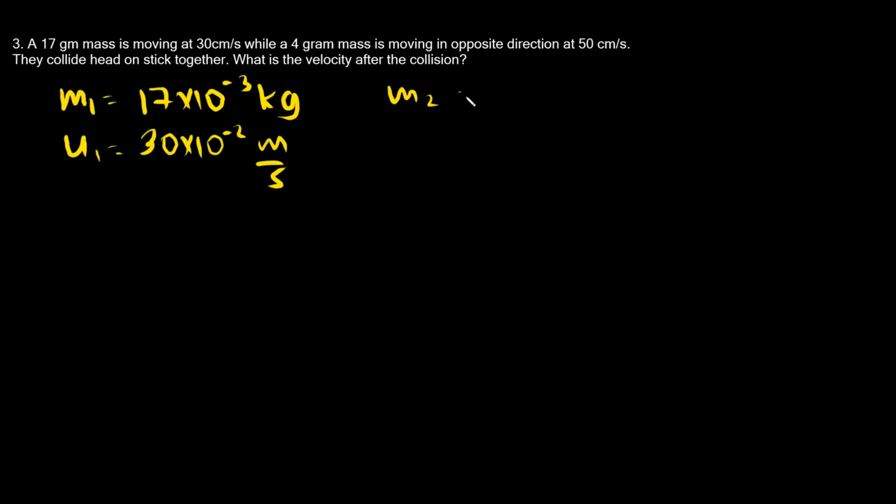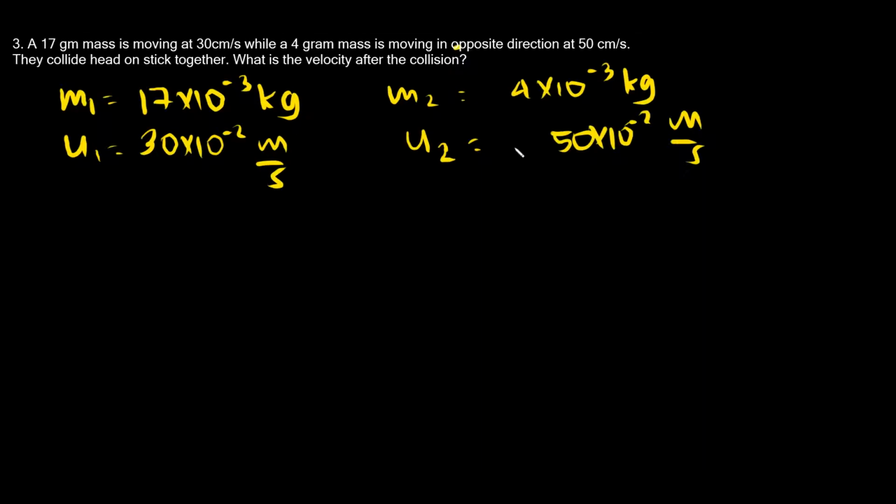Mass 2 is 4 grams. So, 4 times 10 raised to negative 3 kilograms. Its velocity is 50 centimeters per second. So, that is 50 times 10 raised to negative 2 meters per second. And take note, it's moving in the opposite direction. Okay? Opposite direction. So, that is negative. Okay? Now,